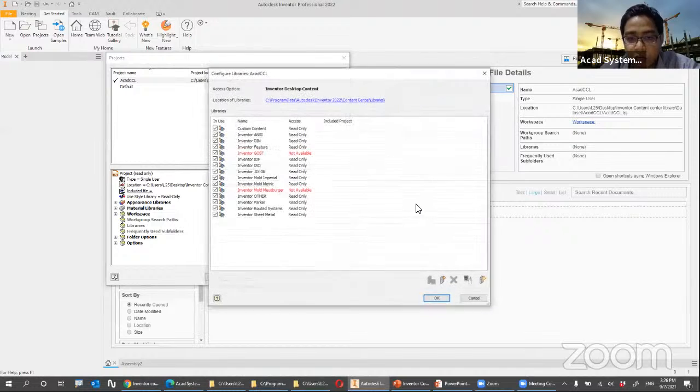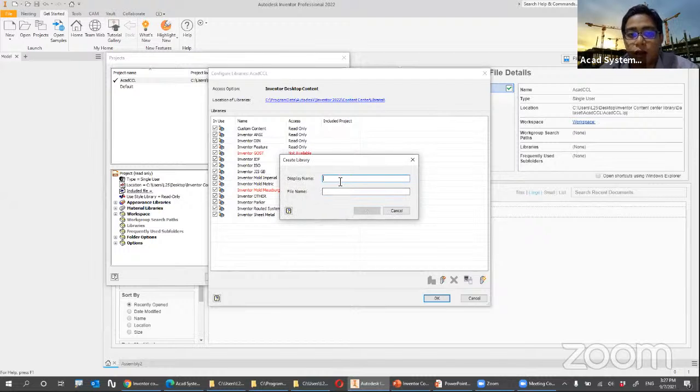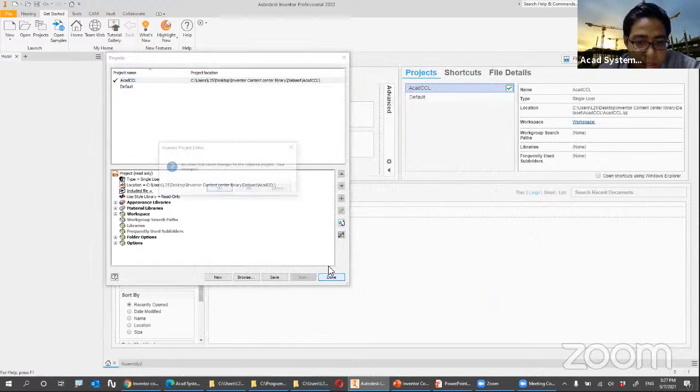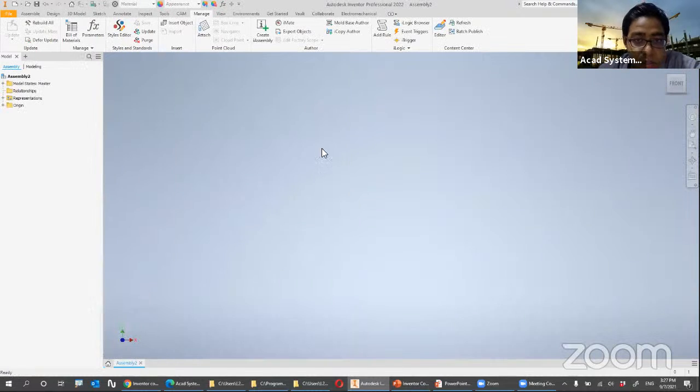If you need to create your own customized library, make sure to create a new library for it. Automatically you should have created read and write access. So let's just rename it as Acad content. Okay, so I have my own access for the Acad content. Read and write. Okay, so if I go back, done, save,